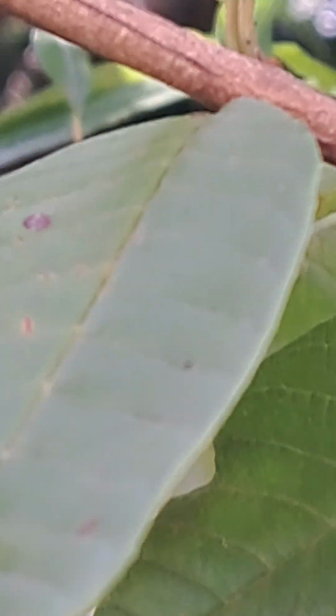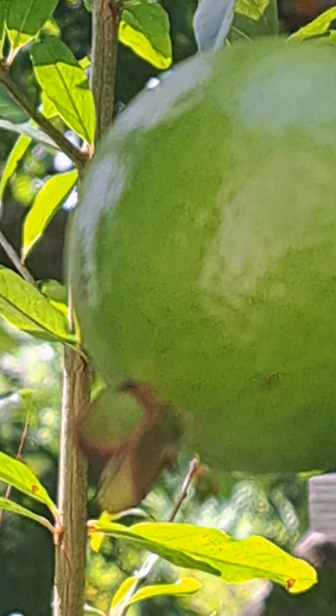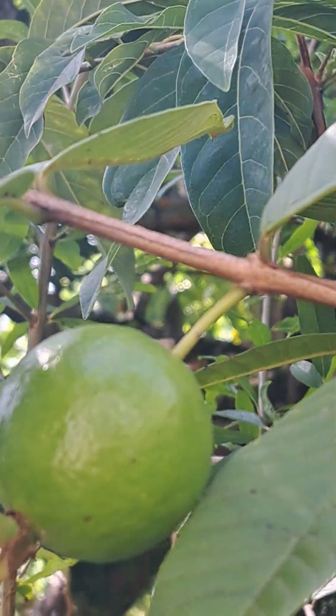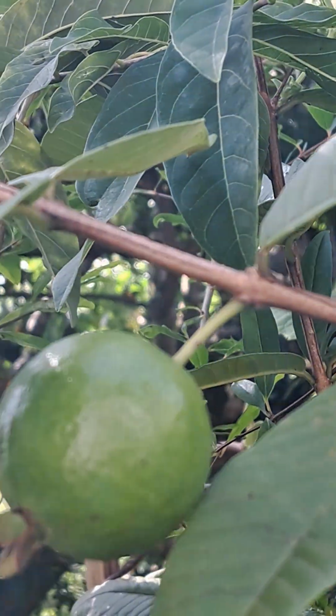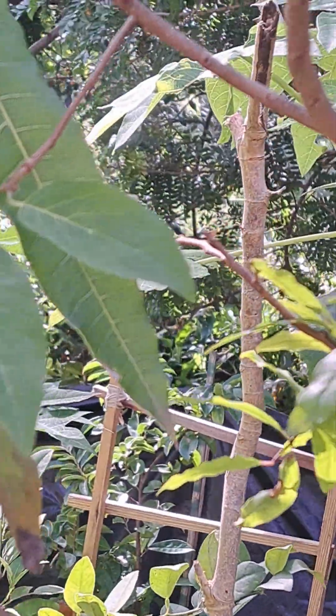I'm also going to show you my guava, where is it? Guava. See this guava? How it has grown tremendously. I ate the other one 2 days ago. And here you can see my